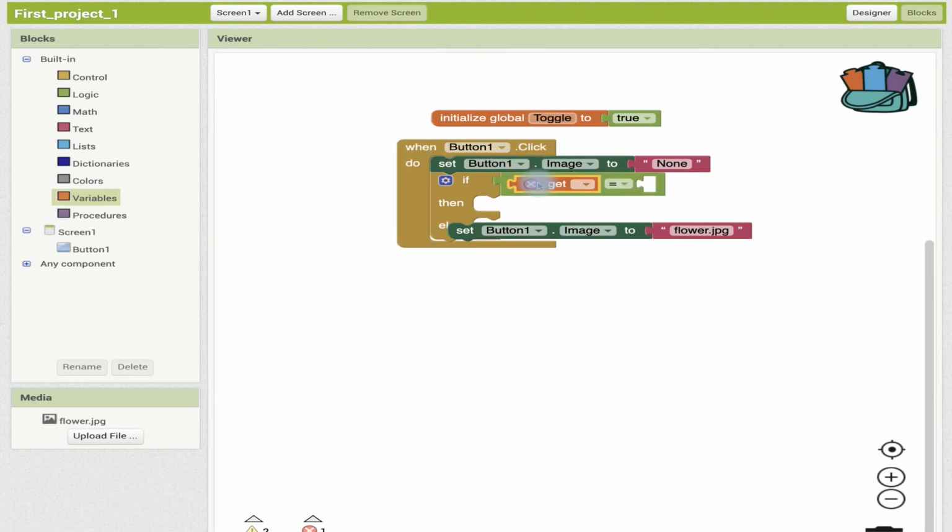This means it can be used in all of your functions, variables. If you have a local variable, that means it can only work in the function that it's made in, or any other place it's made in. Our one is a global toggle, and if it's equal to true,